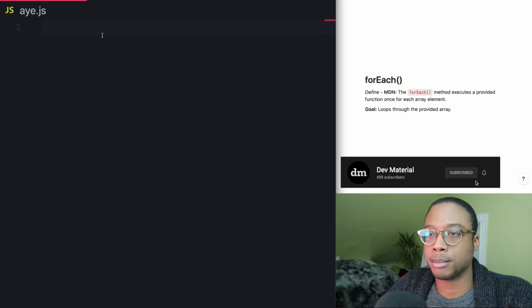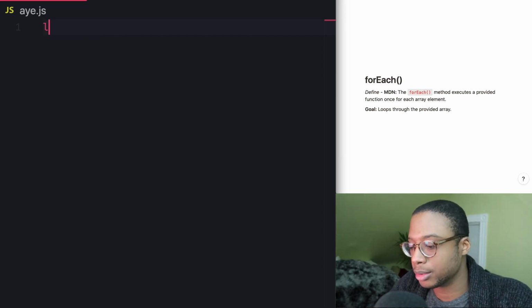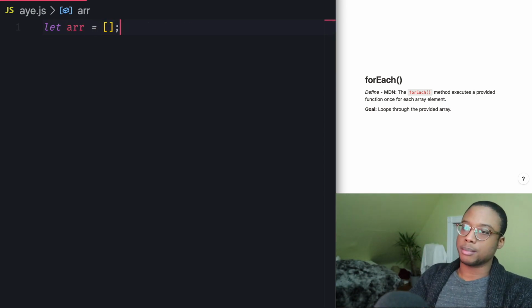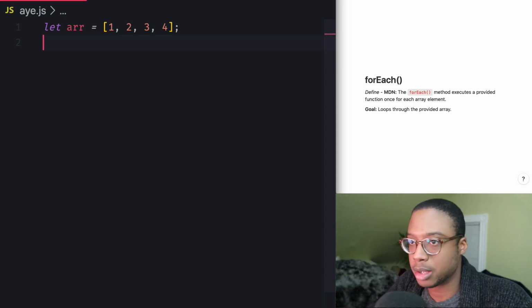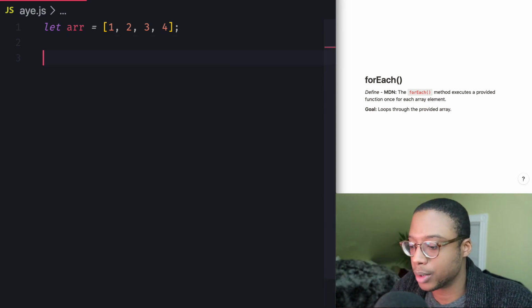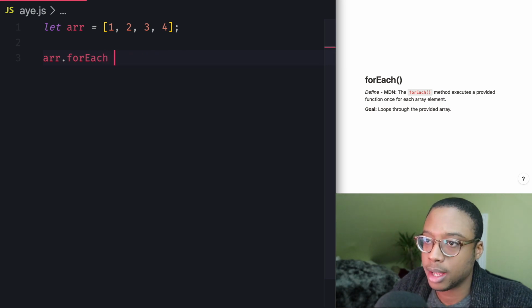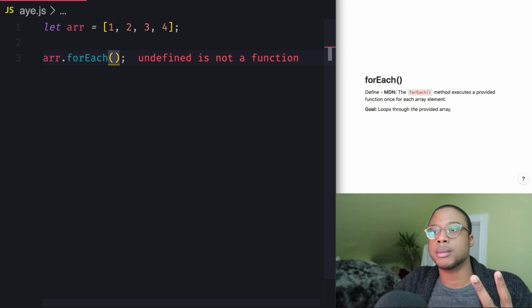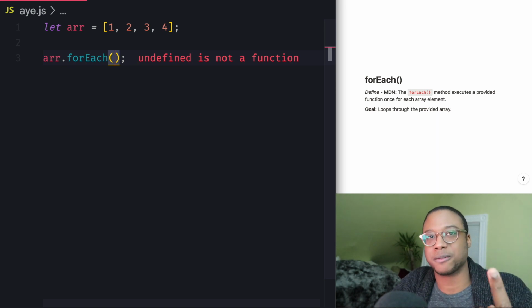So let's go ahead and type up an example right here. We're going to create a variable called array, and give it an array of numbers. So let's do 1, 2, 3, and 4. Cool. Now that we got that, we're going to use the forEach method on it. So array.forEach, and it takes two parameters, but I don't want to talk about the second one, so let's just talk about the first one, which is the